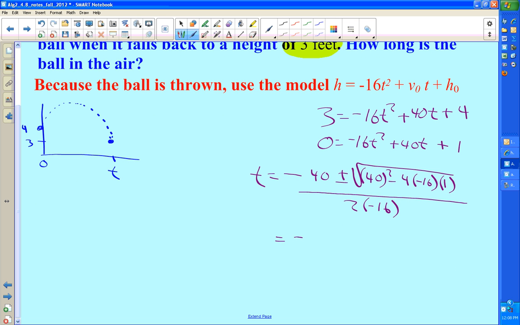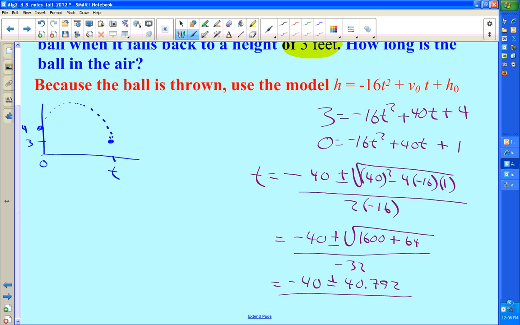You're simplifying: negative 40 plus or minus the square root of 1600 plus 64, over negative 32. That's going to give you negative 40 plus or minus 40.792 over